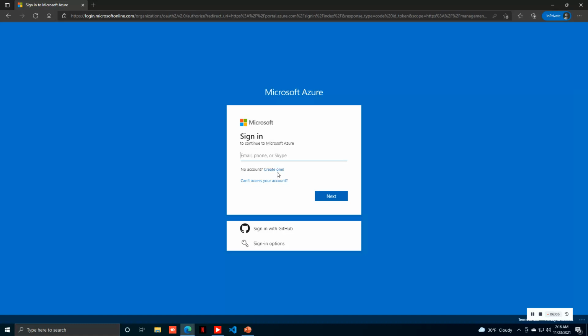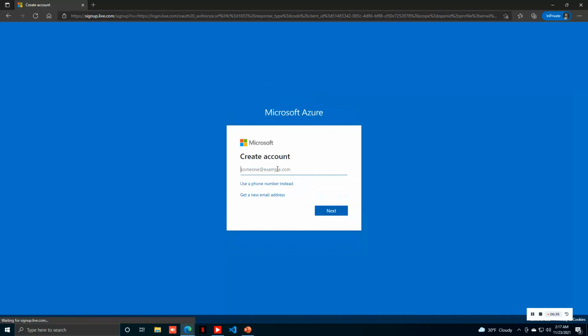Now, one thing you guys need to take into consideration is if you already have any email that has been linked with any Microsoft services, you cannot use this email address to create an Azure free account. So you need to use an email address that has not been linked to any Microsoft services. So the best way to do this is to say create account,